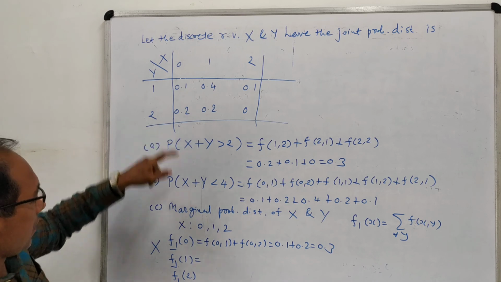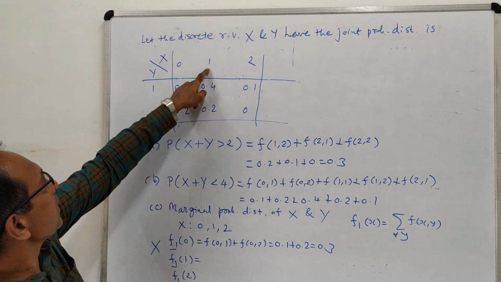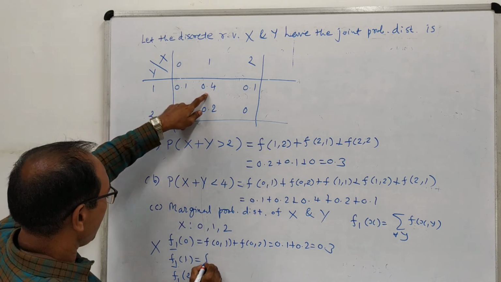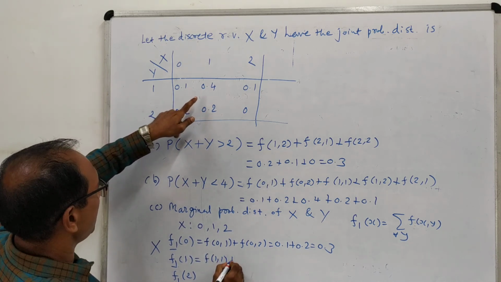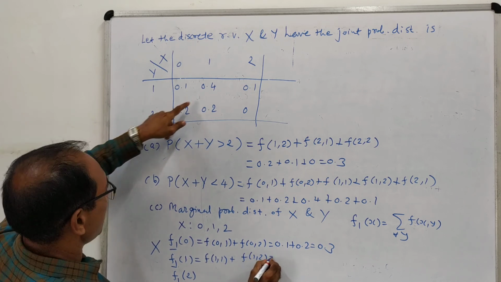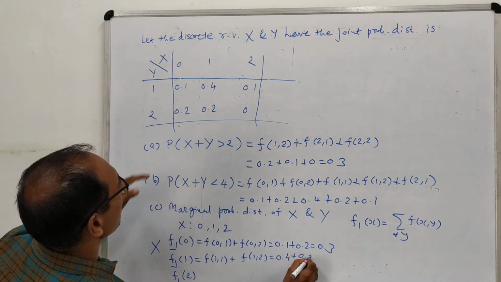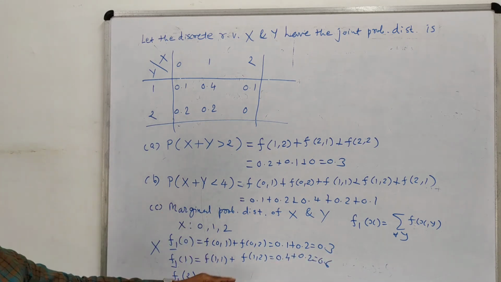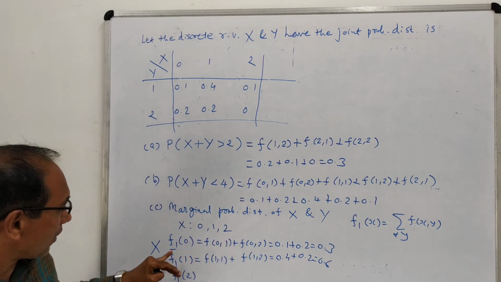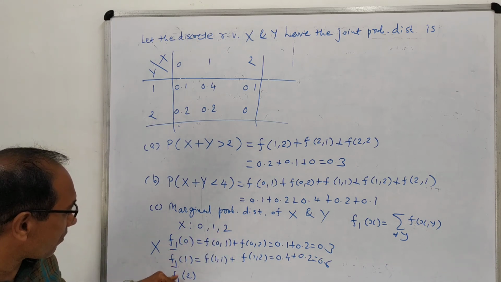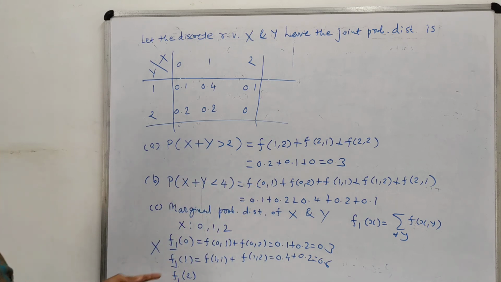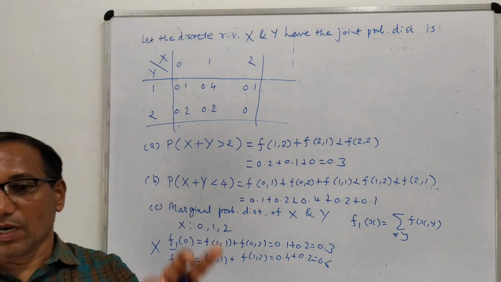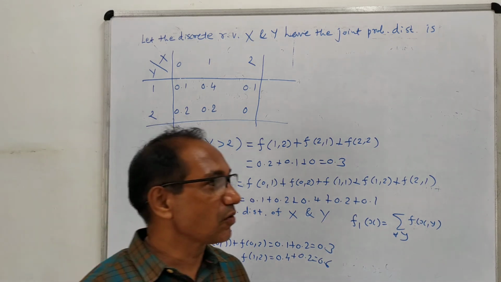Similarly, for f1 of 1, the value of x is fixed. Y will vary here, so y is 1 and 2. That means these two values will be there: f of 1 comma 1 plus f of 1 comma 2. This is nothing but 0.4 plus 0.2. So it is 0.6. So here we are obtaining the values f1 of 0, f1 of 1, f1 of 2 in this way. But you can also find their values directly from the table. But before that, in your answer book, you will have to write down such a